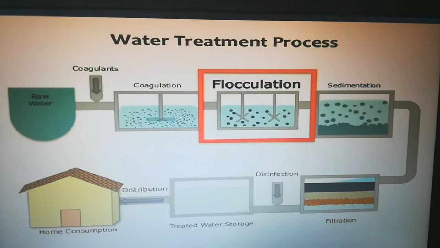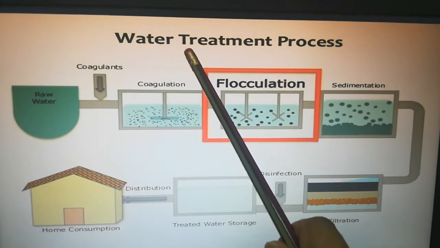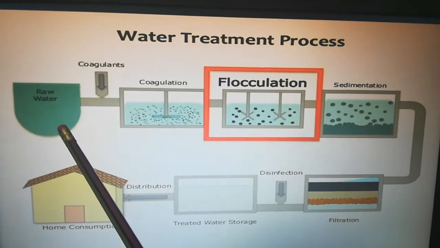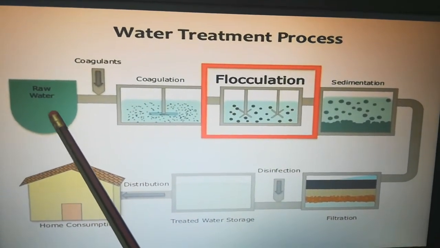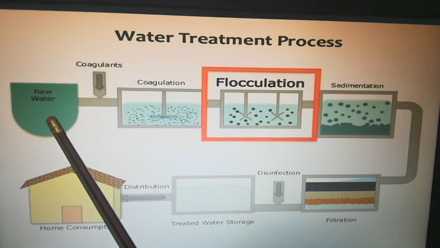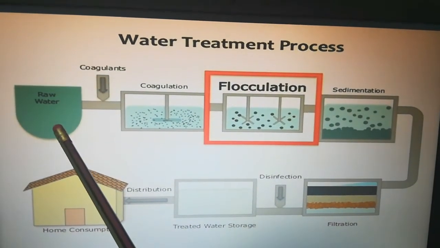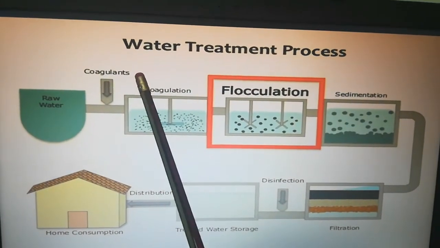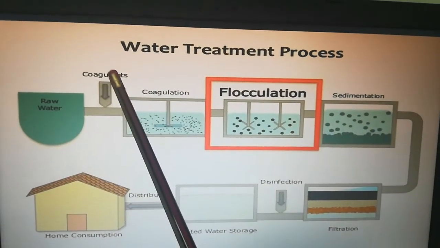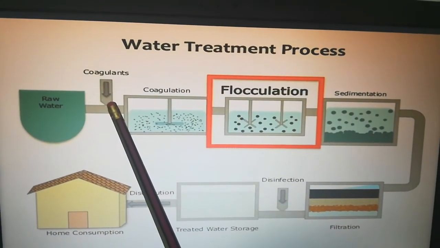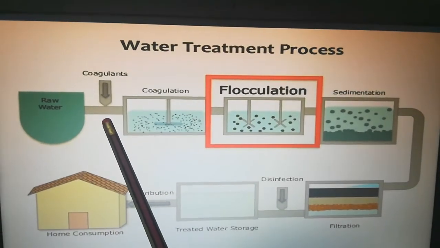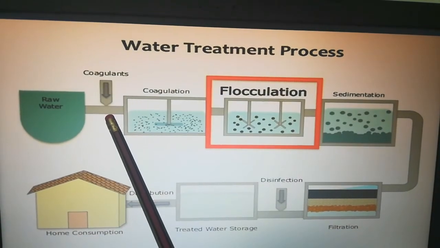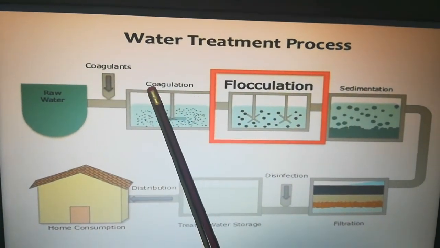Now let's see what the main stages are in the water treatment process. Raw water is stored in what? In the reservoirs. Reservoirs contain the rainwater, the excess water from the lakes, everything we are going to store in reservoirs. To this raw water, what are we adding? We are adding chemical substances called coagulants. What are coagulants? They are chemical substances. Coagulants like calcium carbonate or sodium silicate are added. And then it undergoes a process called what?